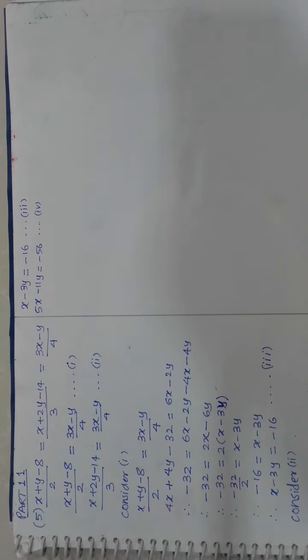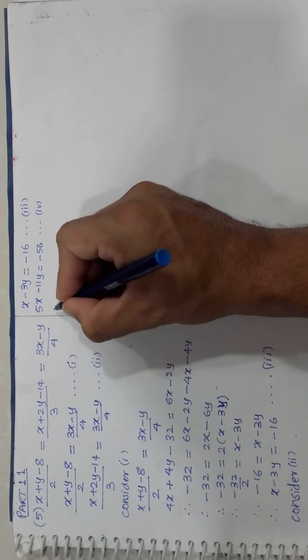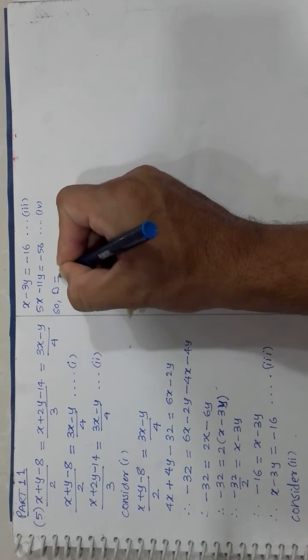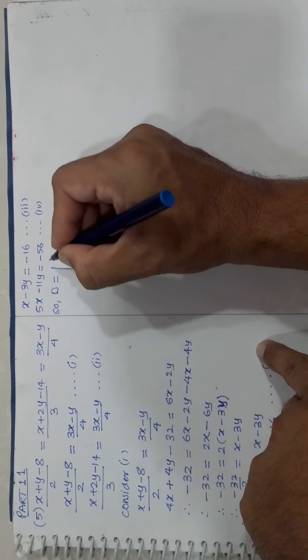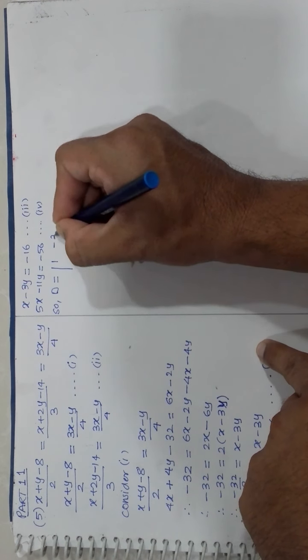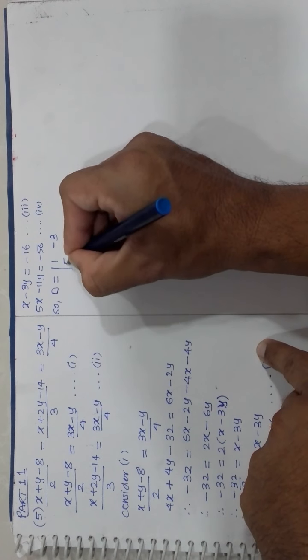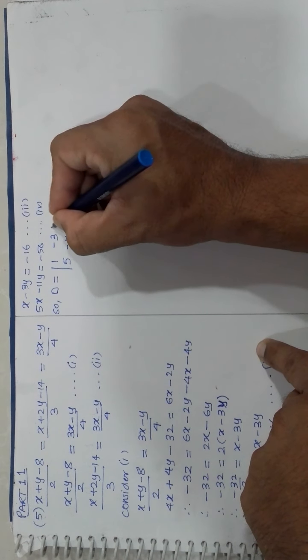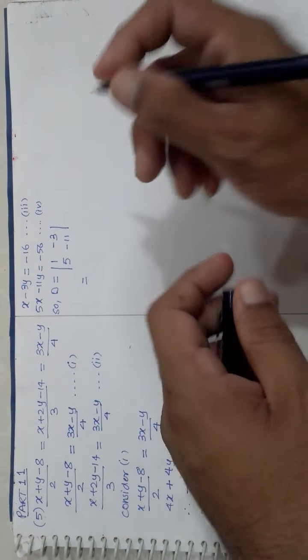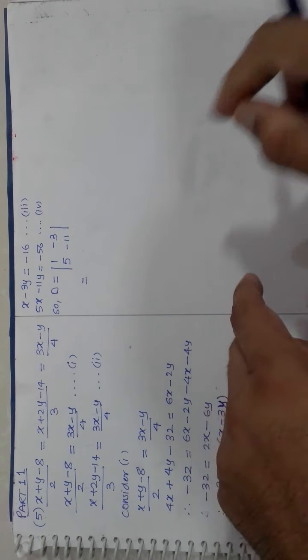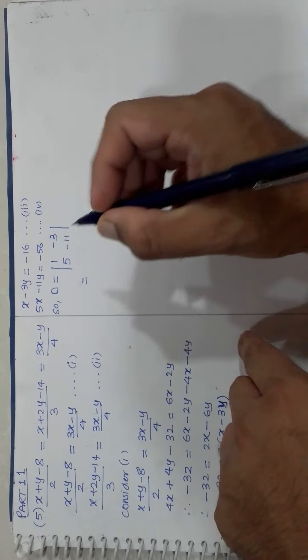So I have written both the third and fourth equation again. So now I will be solving it using Cramer's rule. So I will be finding D first. So D is your coefficients of variables. So 1 and minus 3 from the first part, 5 and minus 11 from the second part. So it becomes, now since we are nicely accustomed with this, but if you want, you show the multiplication.